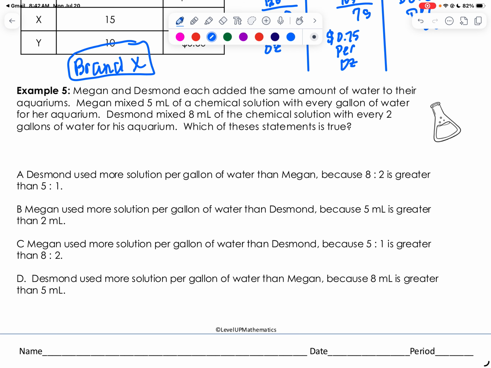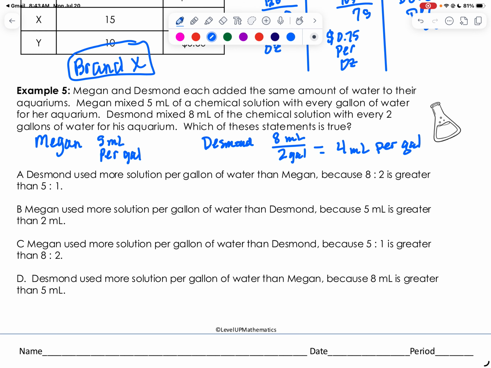All right, welcome back. So what I did is I got the unit rate for each. Megan was 5 milliliters for every gallon. So her unit rate was 5 milliliters per gallon. Desmond was 8 milliliters for every 2 gallons. So that would be 4 milliliters per gallon. So I crossed off every answer that said Desmond used more. So I got rid of A and I got rid of D. So I know it's either B